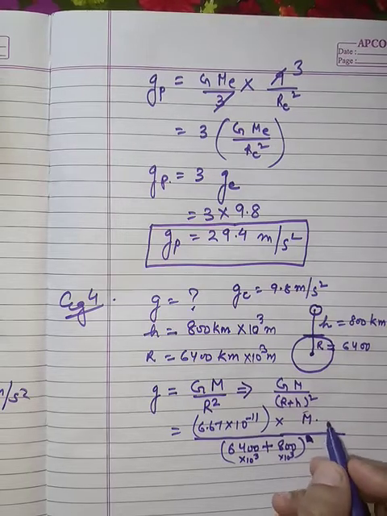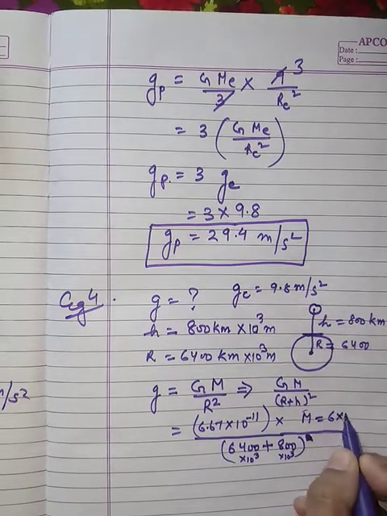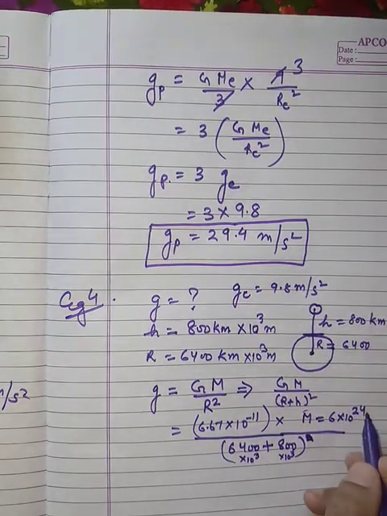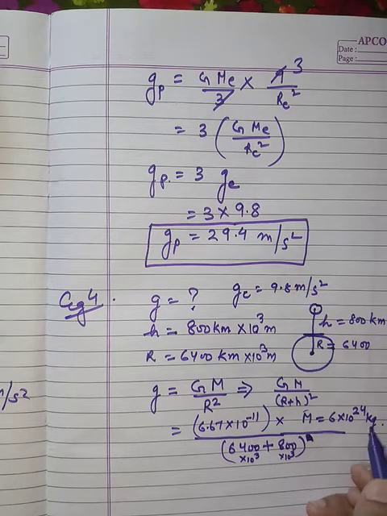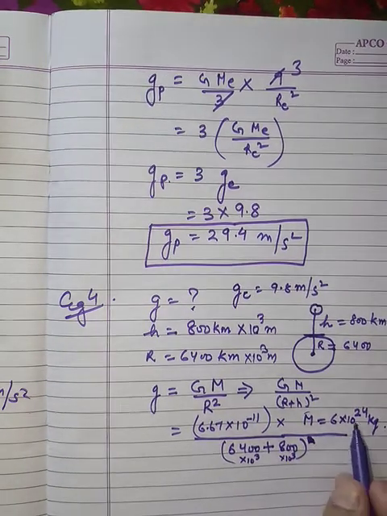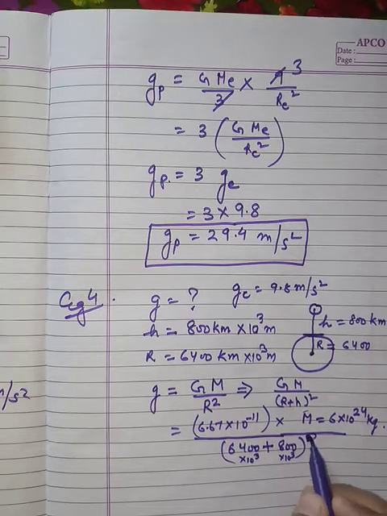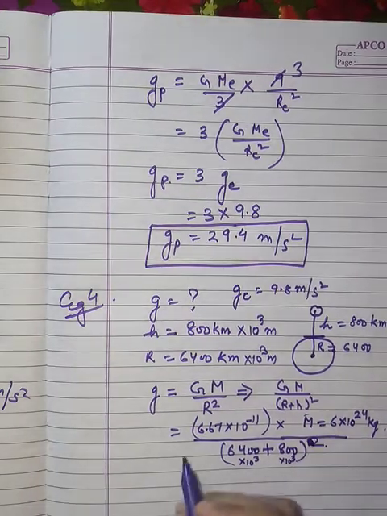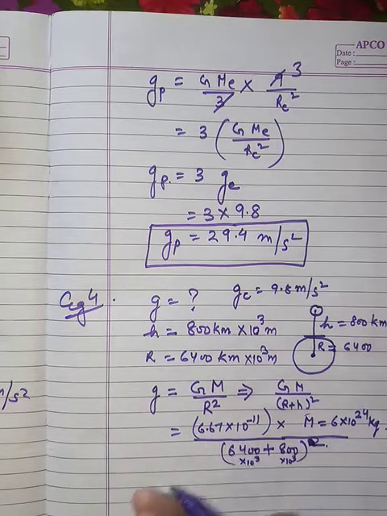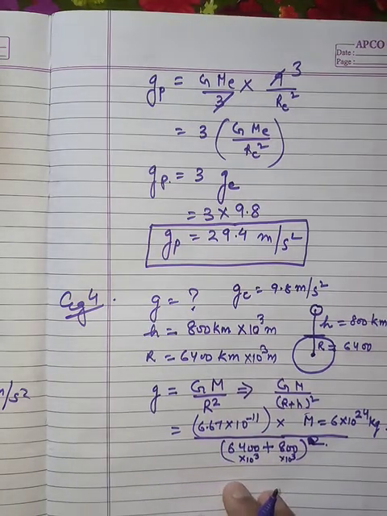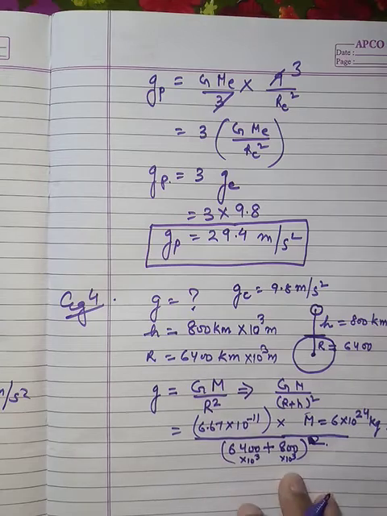Mass of the earth is 6 multiplied by 10 raised to power 24 kg. Kg is the SI unit of mass, so we don't need to convert. So this calculation either we do, whole square should also be there, or we can use another method. What is another method that I'm going to tell you, that will be easy, I think.